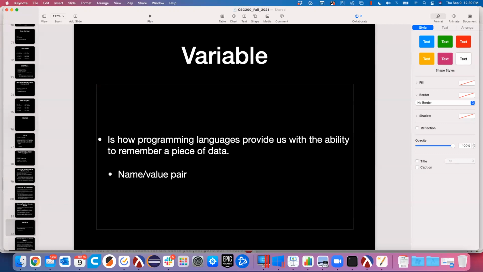All right, so somewhere in your computer program, if you want to remember what your age is, you would create a variable named age, and you would put into it the value associated with your age, 18, 19, 20, whatever it is. Okay, name value pairs. So all programming languages will have facilities for mimicking memory, remembering stuff. Having said that,